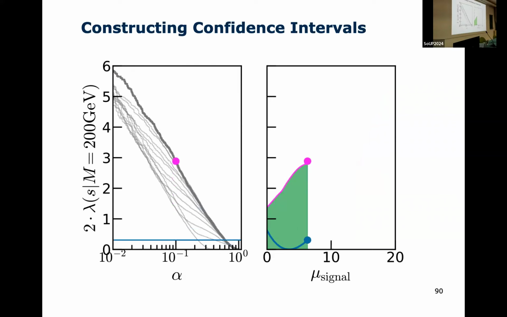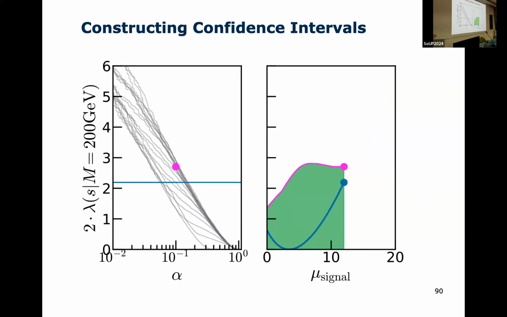See here, these are the 90% thresholds. These are these guys here that go in magenta, while the blue is the likelihood ratio that we compute for the actual data set. And now we've gone through there and we've done these repeated hypothesis tests. With these repeated hypothesis tests, we've checked we can't exclude signal of 0. We can't exclude signal of 1. We can't exclude signal of 2, all the way up to, say, 12 or something.